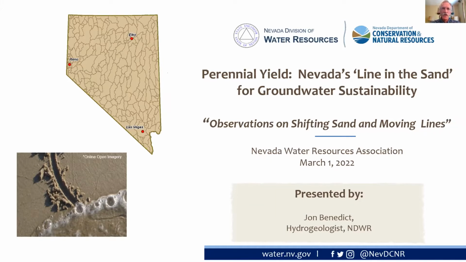really, as Phil described, for Nevada, perennial yield values have been estimated for all 256 hydrographic areas. And those are based principally on reconnaissance level estimates made by the USGS back in the 50s, 60s, and 70s. But I would say that folks familiar with water rights in Nevada recognize that this perennial yield represents kind of a line in the sand regarding groundwater availability, and whether a basin's closed to additional groundwater use.